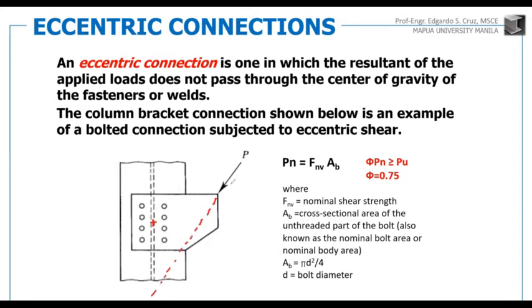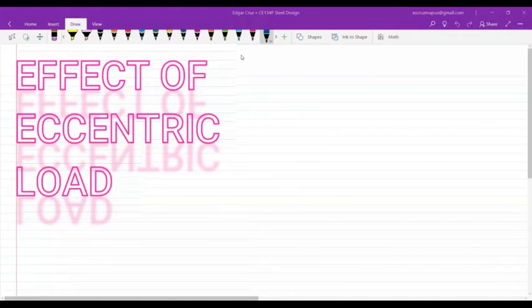And obviously, the line of action of the load doesn't pass through the center of gravity of the connection. So there is an eccentricity. So this is the eccentricity E, the perpendicular distance. So whenever we have an eccentricity, that would be considered as eccentric connection. And of course, basic concept of eccentricity, 'di ba, whenever we have eccentric load, katulad din sa beam column, well, let's say I have this member,